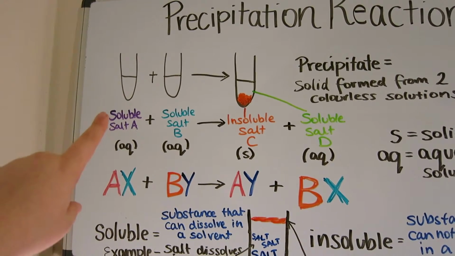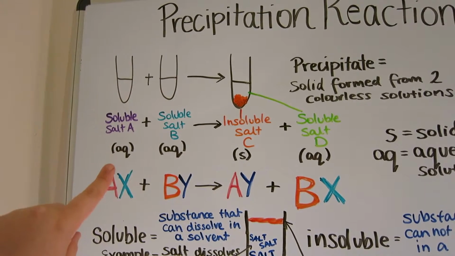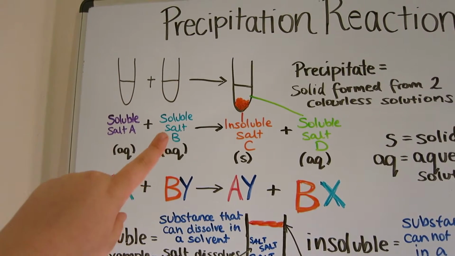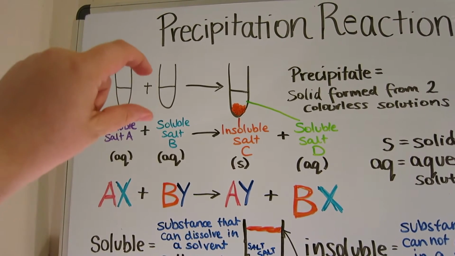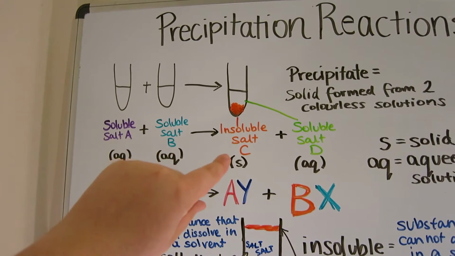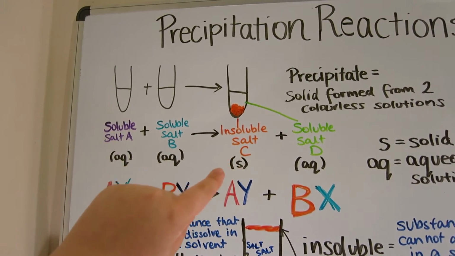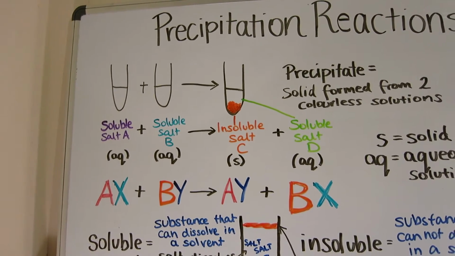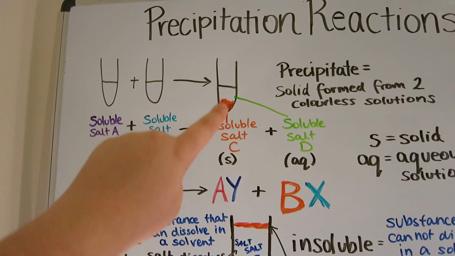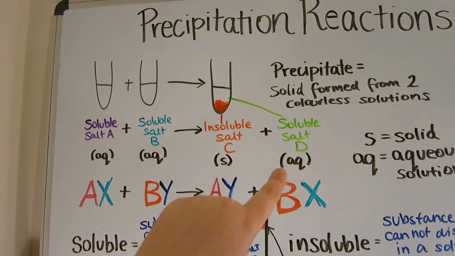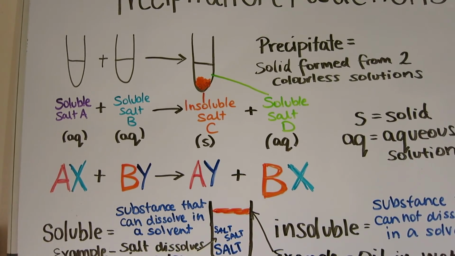If we have a soluble salt, we say that it's in an aqueous solution, so we put in a little AQ. Yet again, soluble salt, little AQ. So it's a chemical in that solution. And then if we have an insoluble salt, we put this little S, which is for solid. And then again, our soluble salt in the solution, so we put a little AQ. So using this as